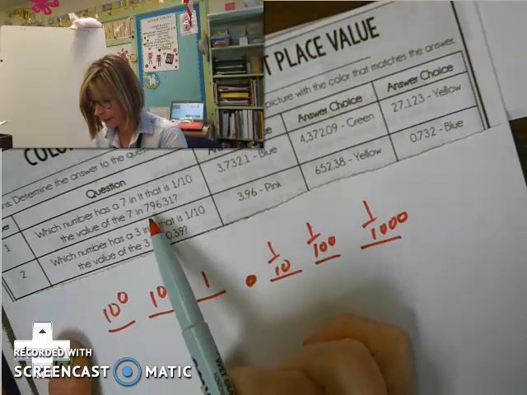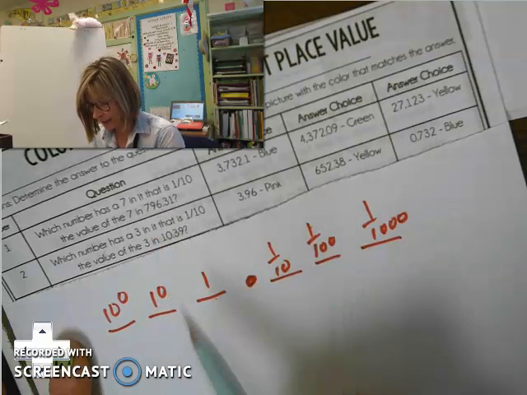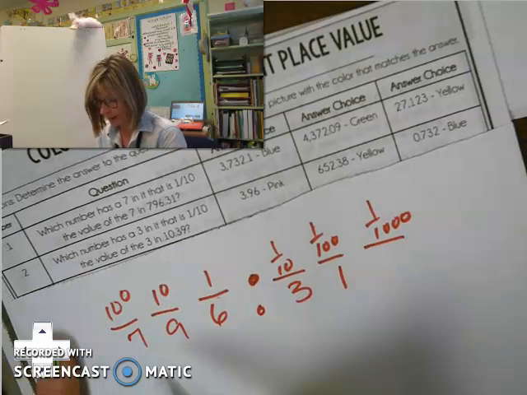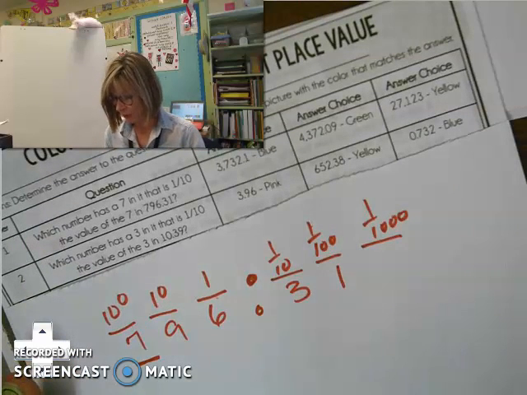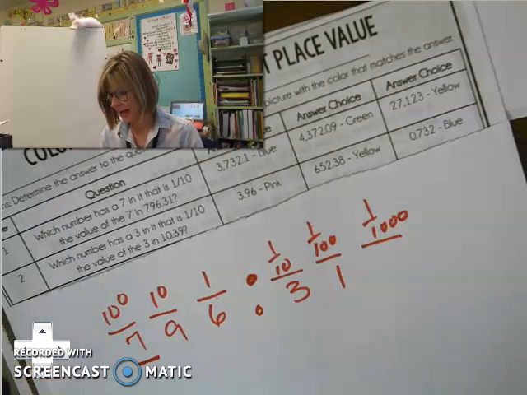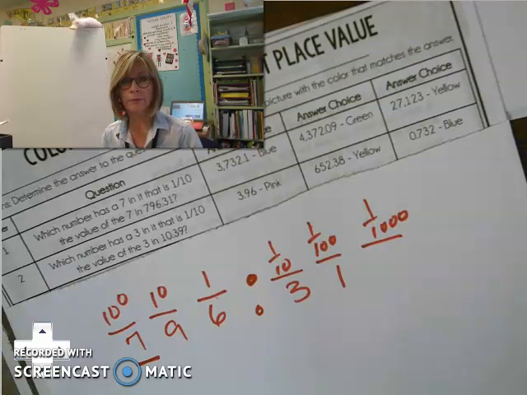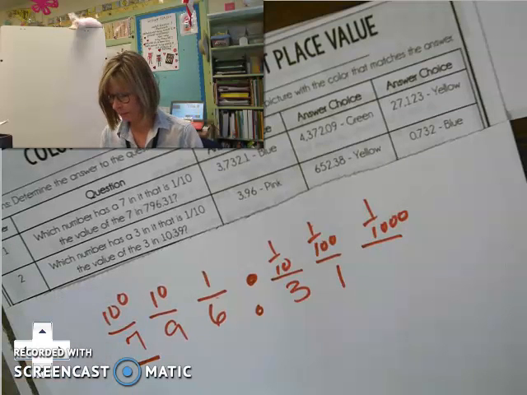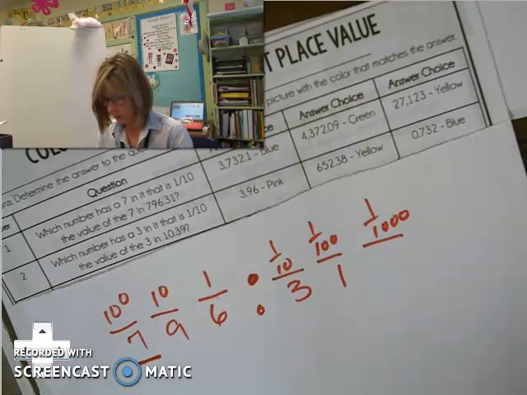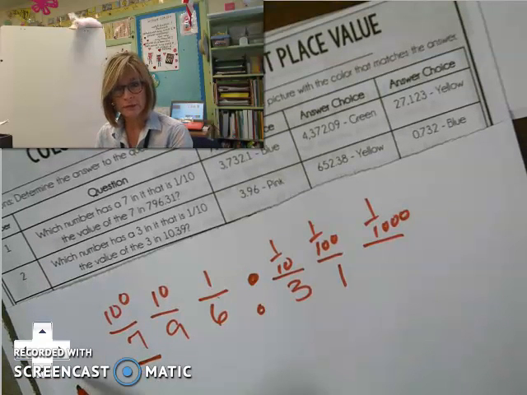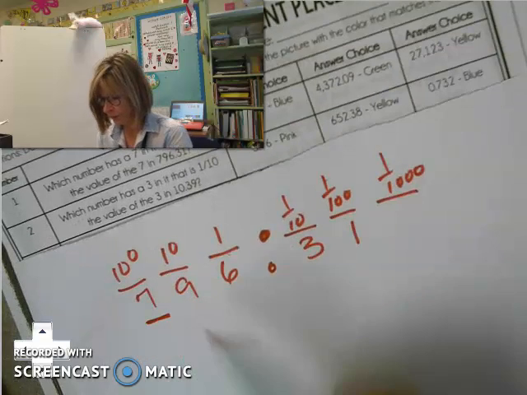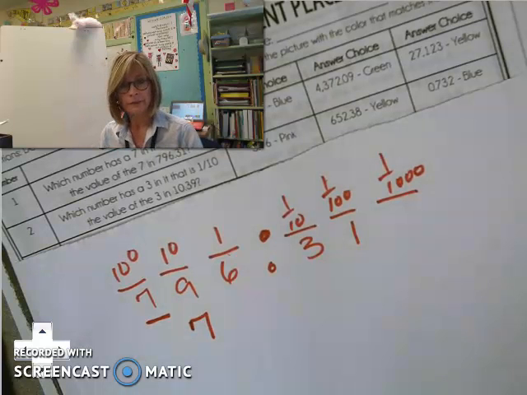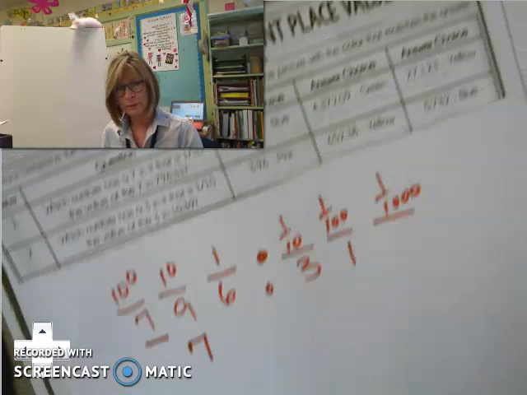When I'm looking at this number, 796 and 31 hundredths, and I'm looking at that 7, I'm asking myself, that's 700. How am I going to make that 10 times smaller, or find a number that is 1/10 of the 7 in the hundreds place? If I'm going to get smaller, I'm not going to move over to the thousands place. I'm going to have to move over to the tens place. So I know that I'm looking for a number that has a 7 in the tens place. So I look at my answer choices,